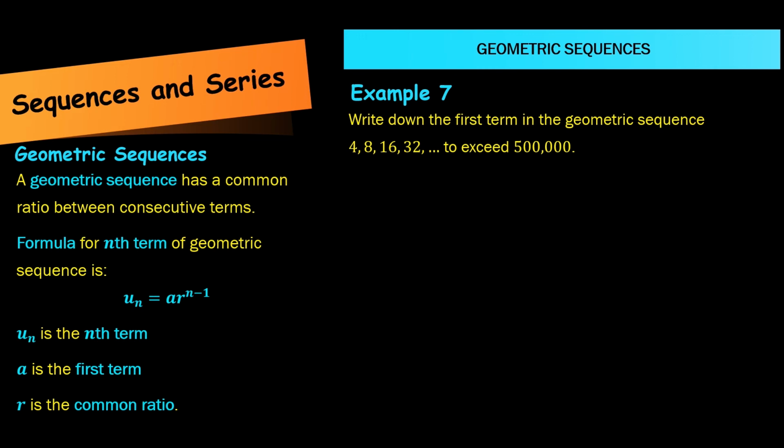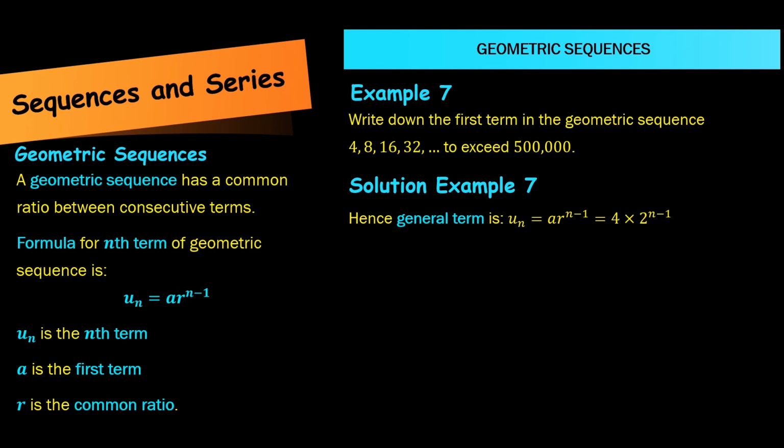So in this example, we're required to write down the first term in the geometric sequence 4, 8, 16, 32 and so on to exceed 500,000. So let's solve this. We're going to begin by trying to specify exactly the nth term of the geometric sequence. The general term is u subscript n equals ar to the power n minus 1 equals 4, which is the value of a, it's the first term,